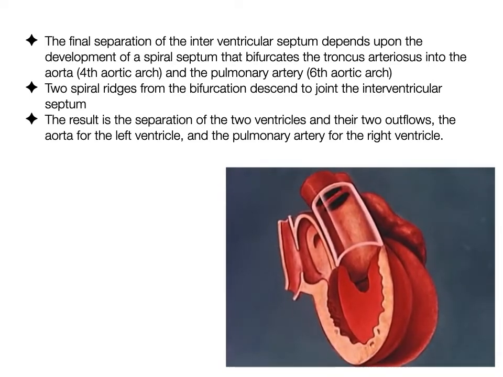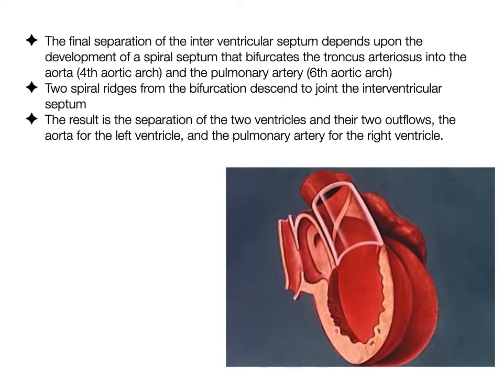the fourth aortic arch, and the pulmonary artery that comes from the sixth aortic arch. Okay, so you see how that spiral septum is growing down and finally closes the foramen between the two ventricles, so they get separated. So now this